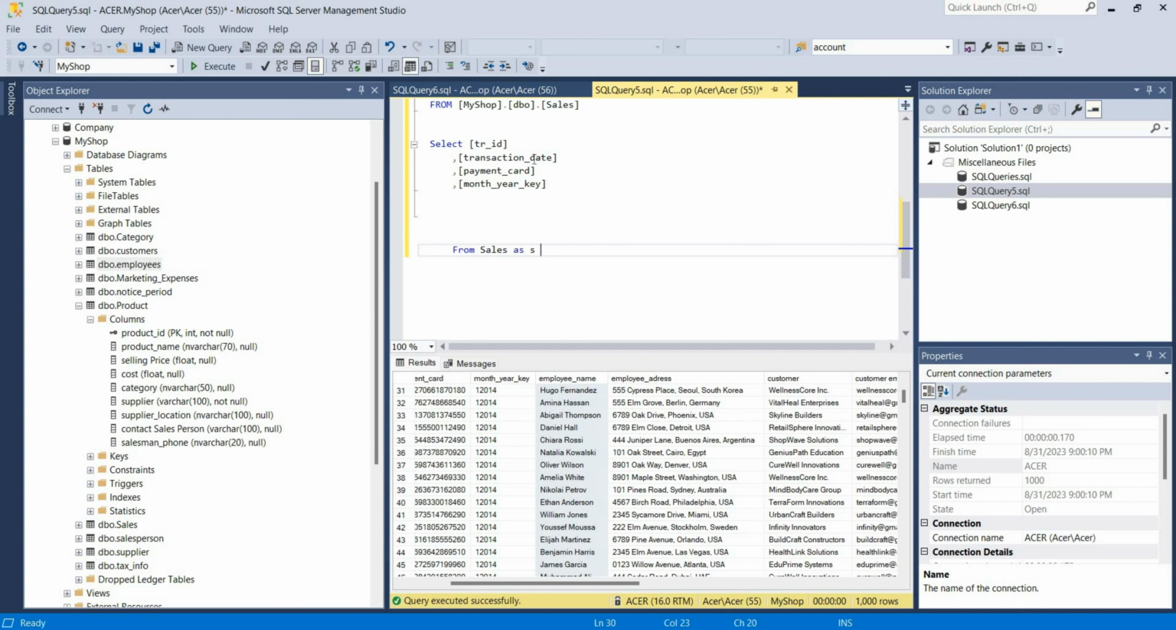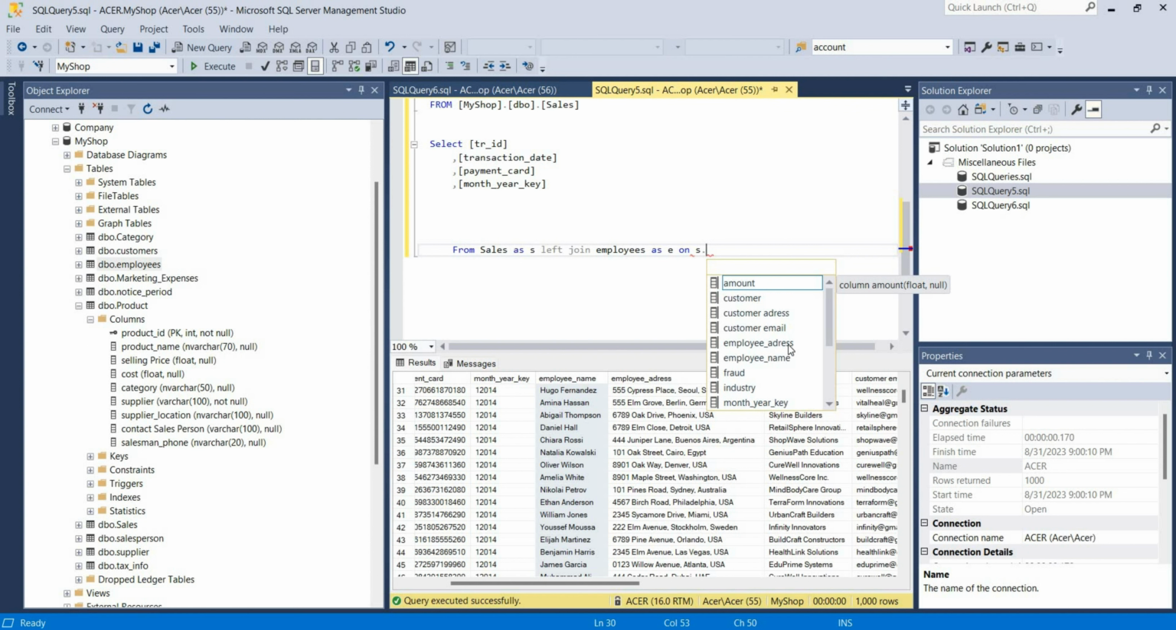Okay, then left join, we're going to join employees table, employees as E on S dot employee name is equal to, no, actually, you know what, we can just join by employee address, because every employee has a unique address. So let's do this. S dot employee address is equal to